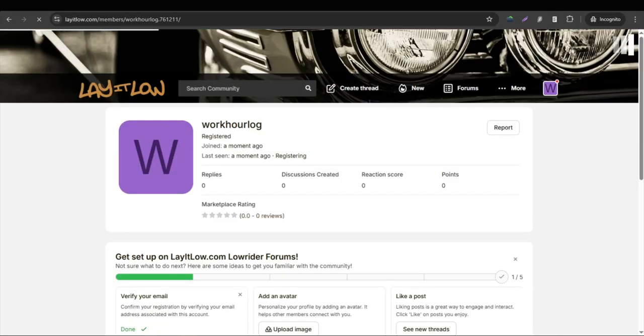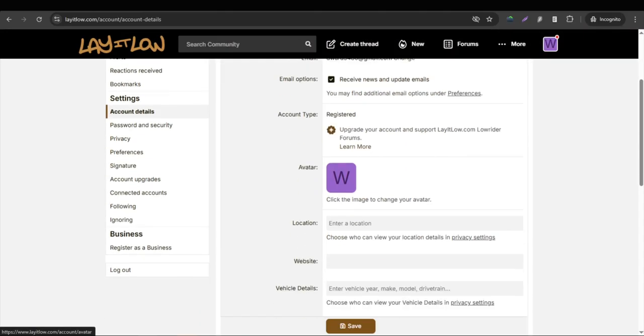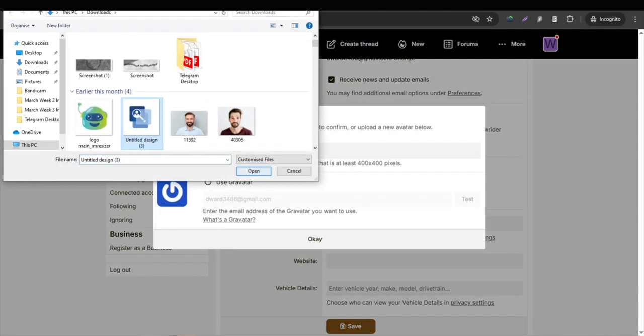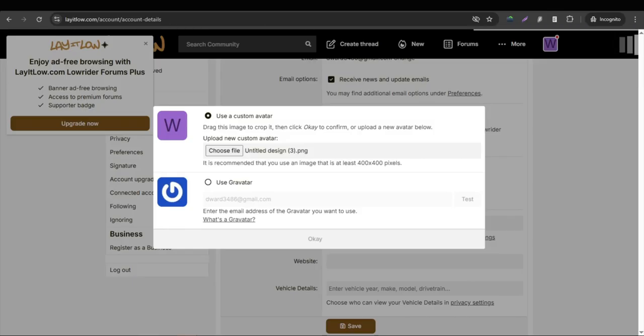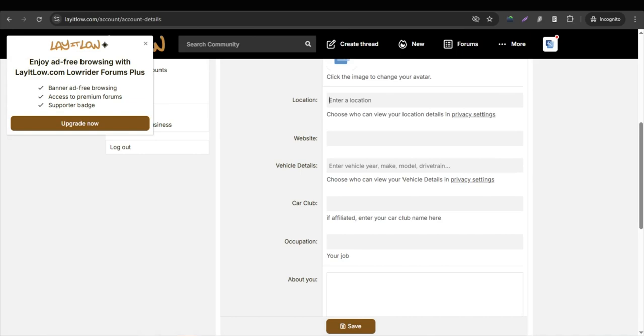So we will now create and edit profile. Let's first go into account setting. Here we will change our avatar for image. Now we will fill up the location,